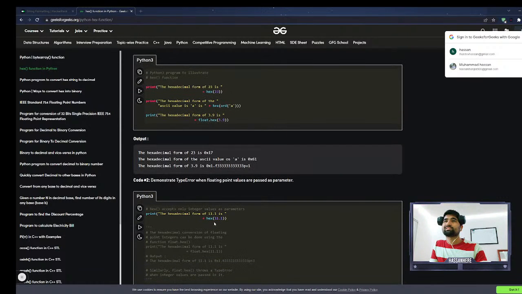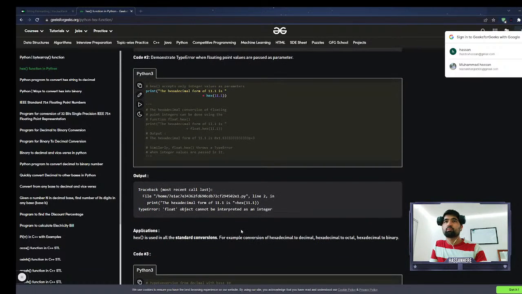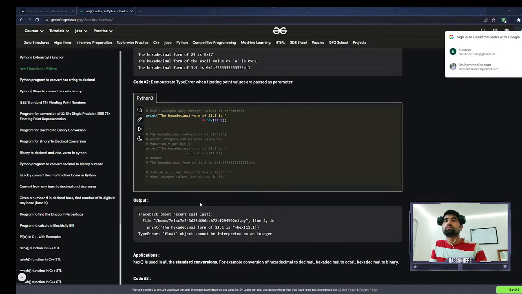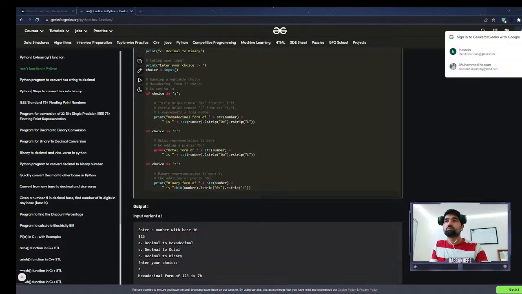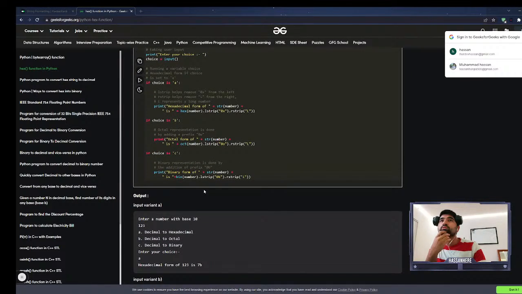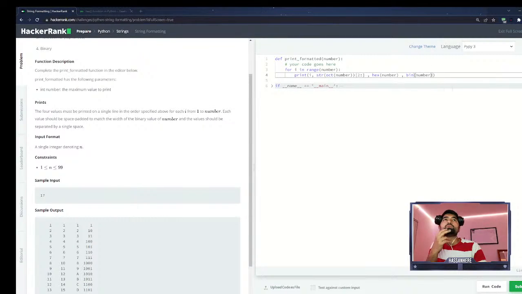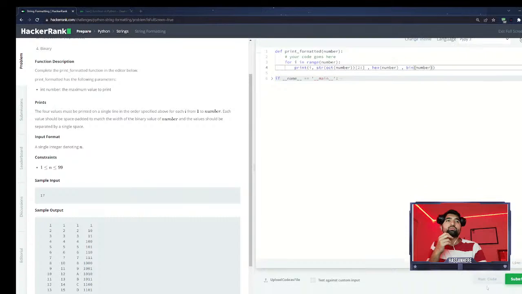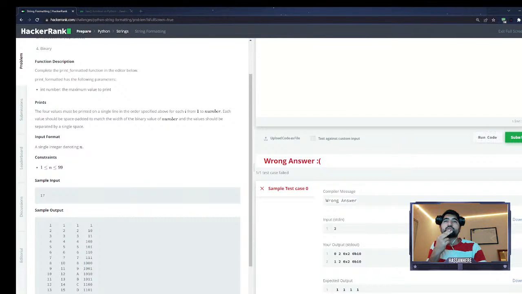Have to remove the first thing. That's the same thing that we have to. Binary, and then just